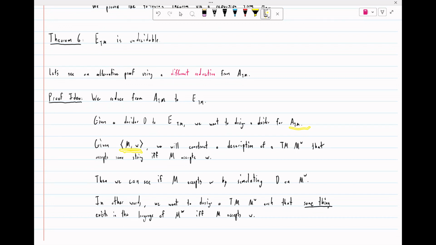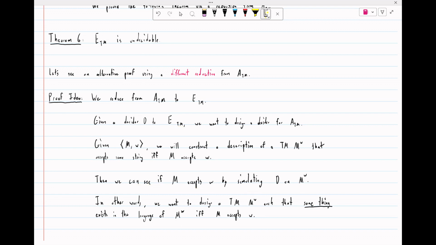some instance of ATM, so far it looks pretty similar. We're going to construct a description of a Turing machine, M_W, that accepts some string, so its language will be non-empty if and only if M accepts W. Then we can just see if M accepts W by simulating my decider for emptiness on that Turing machine